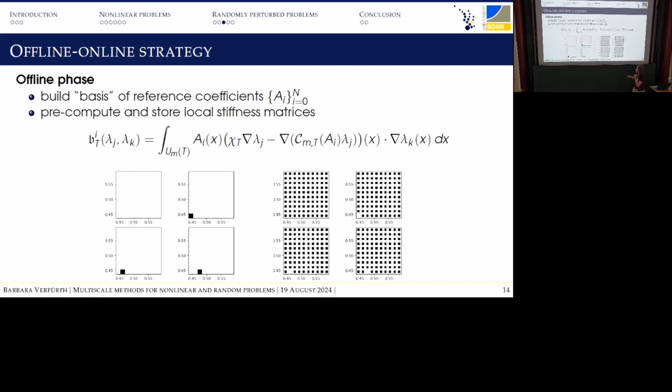The A0 is always the kind of unperturbed background. So either the completely white type thing for the random checkerboard, or the perfectly periodic thing, having all these black dots, for the random erasure for the right part. And then one by one at all possible locations, but only within this small patch, so this is not the whole domain, I insert one single possible defect.